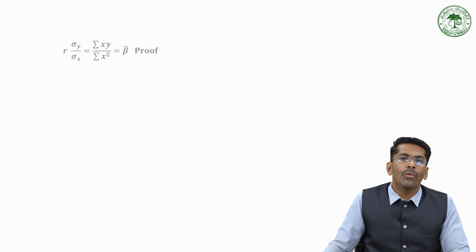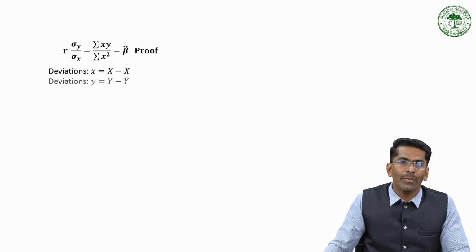Okay. Now we are going to prove the regression coefficient, that is r into standard deviation of y divided by standard deviation of x, which is equal to sum of xy divided by sum of x square. This is generally denoted as the value of beta hat. We are going to prove this through the derivation. See, we know that small x is equal to x minus x bar and small y is equal to y minus y bar. We are going to consider here the population regression model,